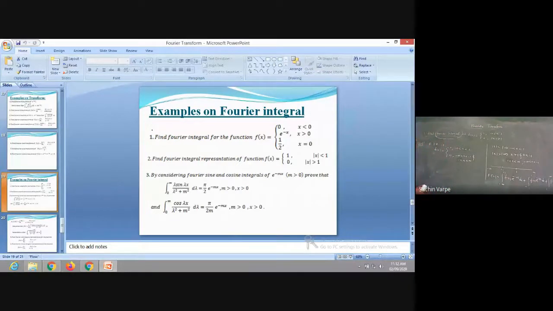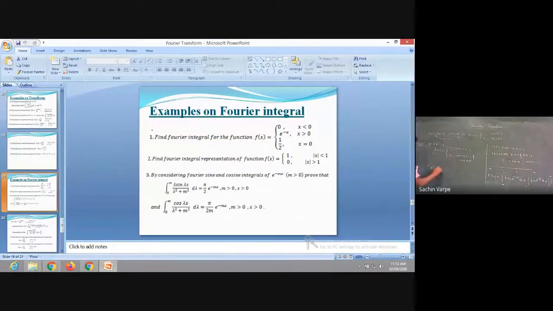And now see, in minus infinity to minus 1 the function value is 0, and in 1 to infinity also the function value is 0. So therefore, the first and third integrals will be 0 directly. And in minus 1 to 1, the function value is 1. So therefore,